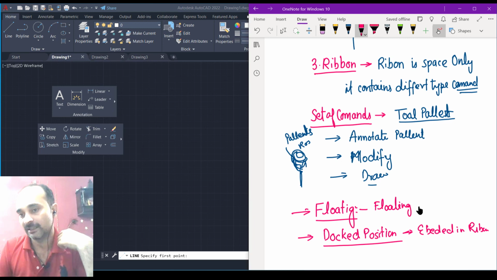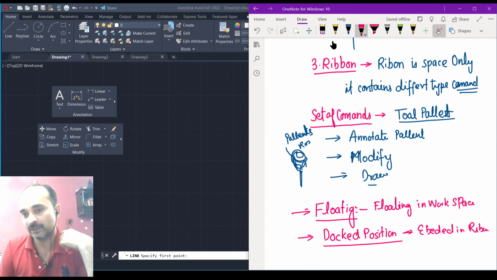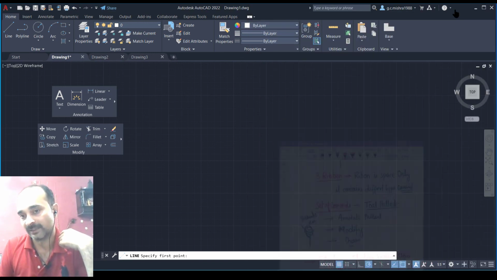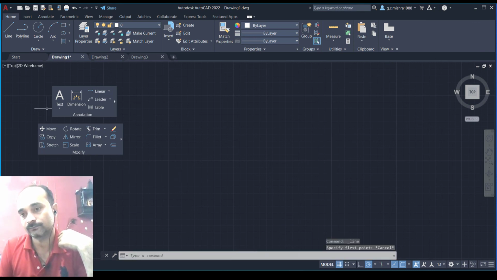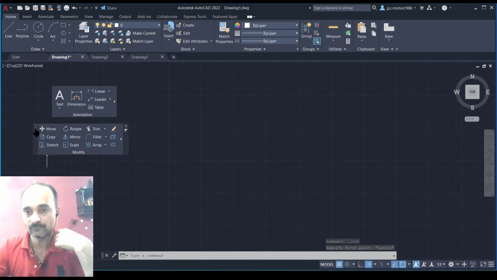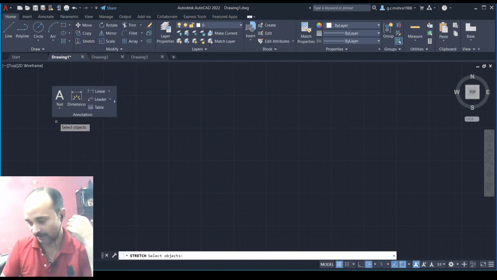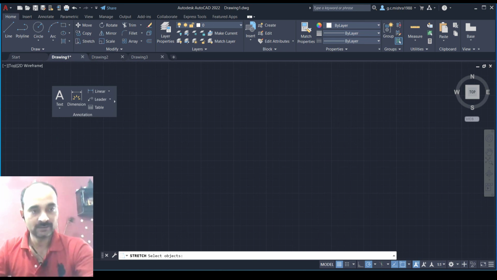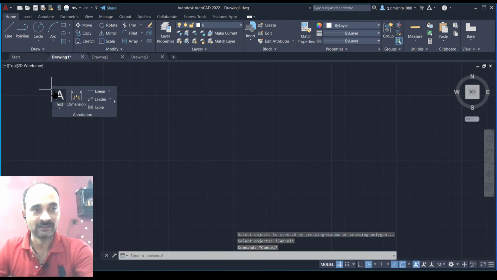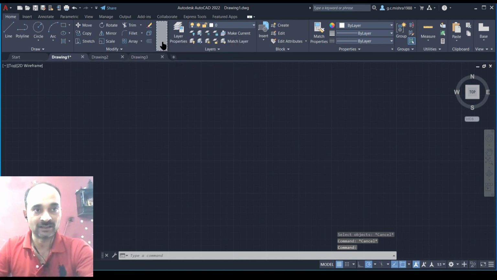This is called embedded in ribbon. Floating means floating in workspace. So there are basically two positions where you can see your tool palettes. One is floating condition and second is docked condition.